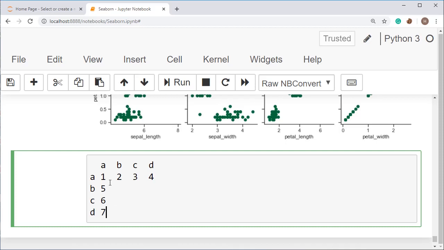In this manner you have filled out the values. So how is this making a pair? It is taking two columns, a row and a column, and plotting a graph from this.